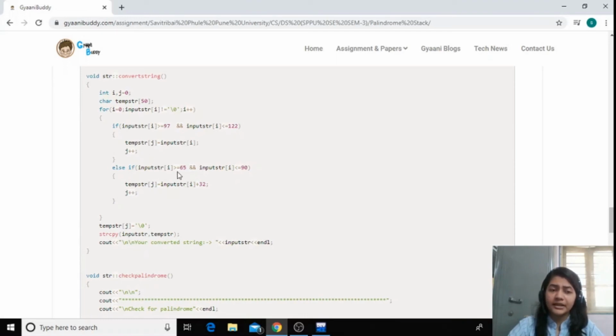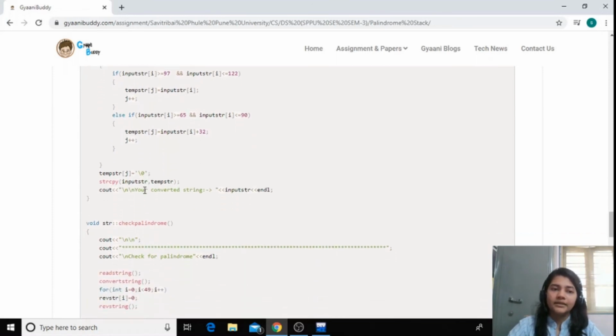In the else if part, if the character is capital A, that is 65, to capital Z, that is 90, we just increase the ASCII value by 32, so that the capital letter is converted to the corresponding small letter, that is capital A will be converted to small a, and so on. And this we are also storing into temp str, and this is synchronized, because if and else if can't be run in the same loop iteration.